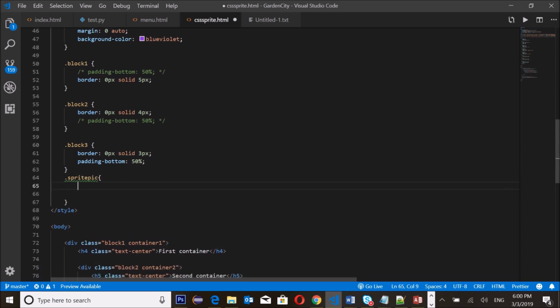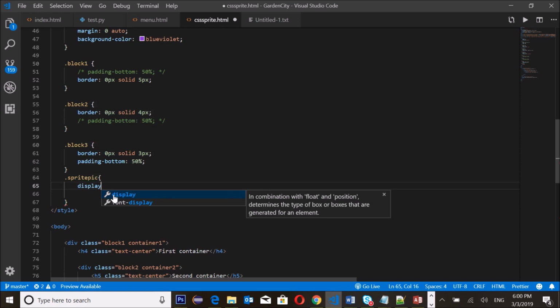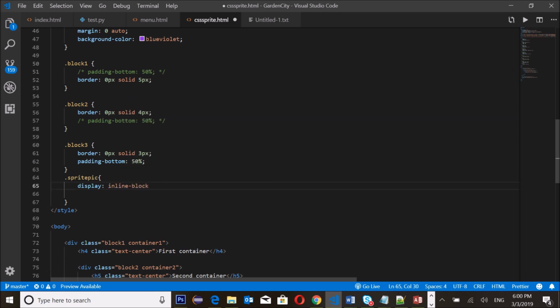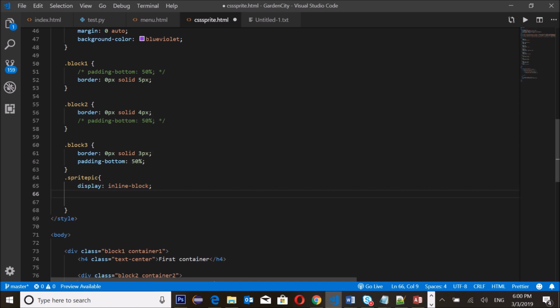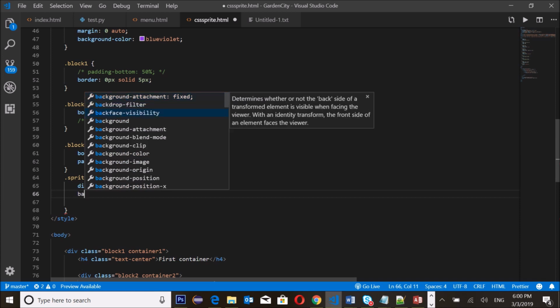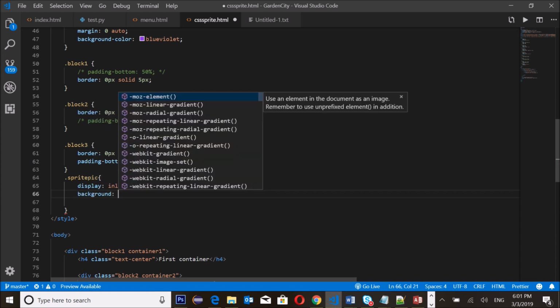So let's say I would like to display inline block. This is the good thing about using VS Code. It pretty much knows what you're trying to type, right? So my display is inline block, and my background, I like my background to be the image that I